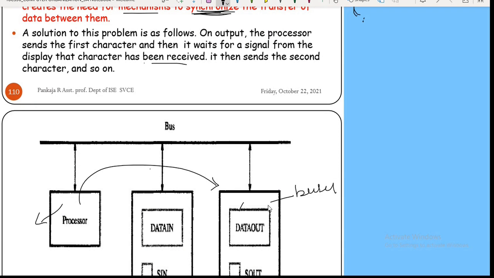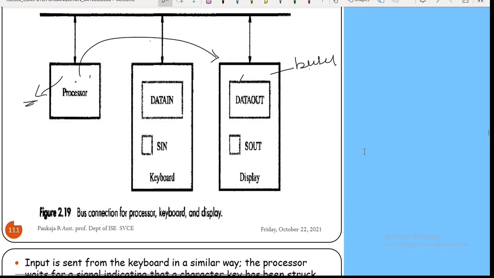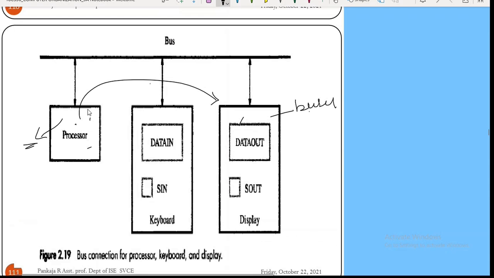As soon as this particular device gets free, it has to notify the processor indicating I am ready for receiving the data. Then the processor will stop whatever task it is doing and switch over to this task. That means we should not make the processor always wait for some particular device to get ready. Okay, if that is the case, what happens? We cannot utilize the processor efficiently. So now how can it be done?